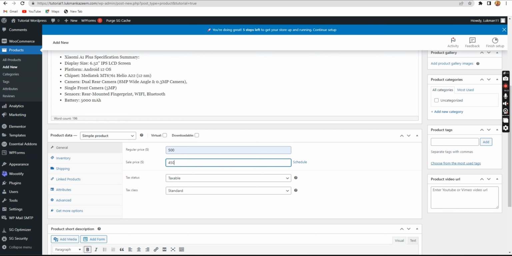So that's the same thing happening here. Original price is 500 and we want to sell it as 450. Okay, is it taxable? Yes, taxable. Tax class is just standard. We created the standard rate of 10%, so let's leave it as standard. And then on this left side here, just